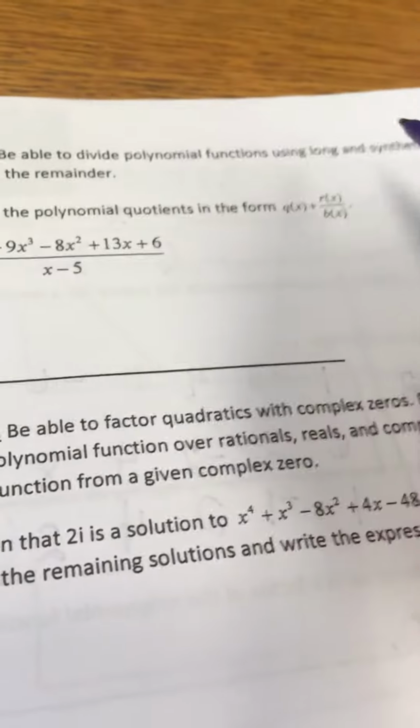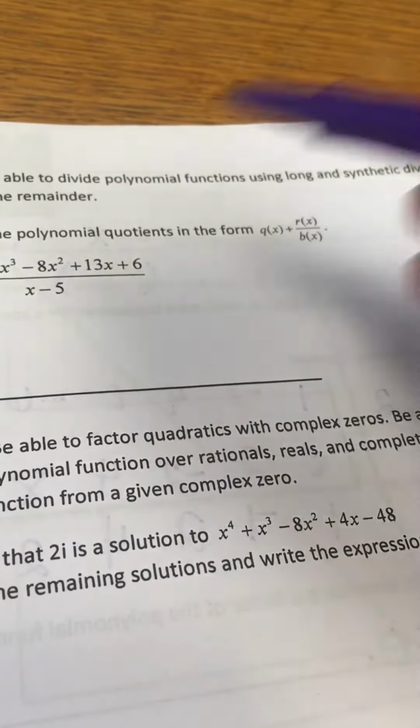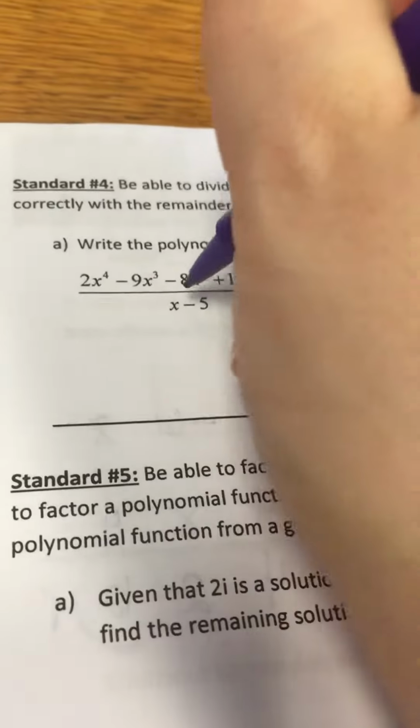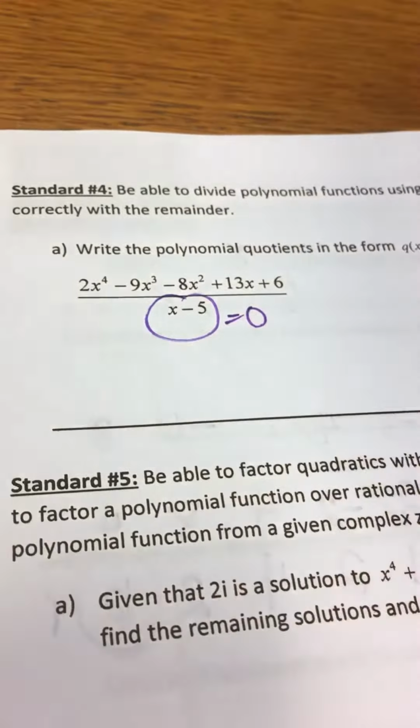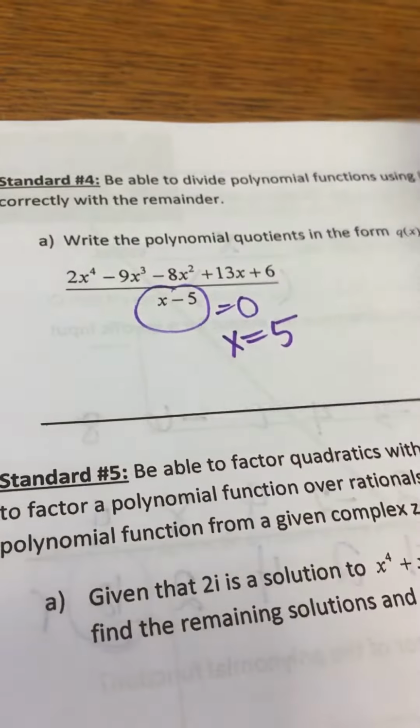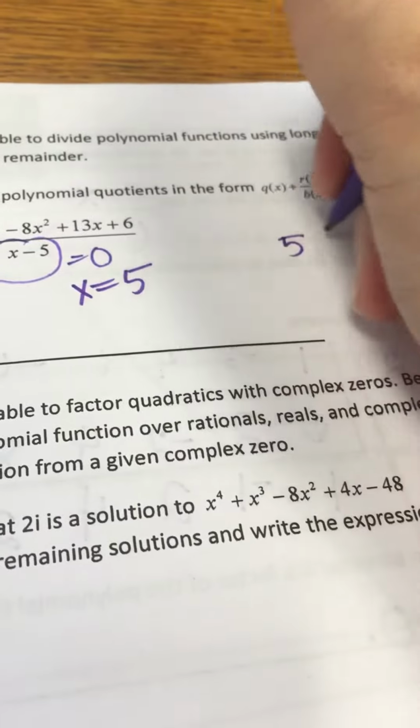On the back side, be able to do long division and synthetic division, be able to write your answers correctly with the remainder. So write the polynomial like this. If it's a degree 1, I would just do synthetic division. So make x equals 0, solve for x, and then I would just do